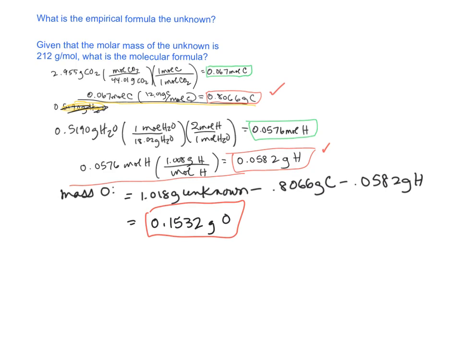Next we want to go to moles because we want mole ratios. So you say 0.1532 grams of oxygen and